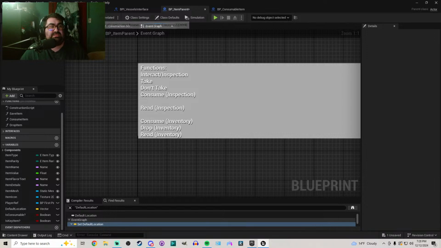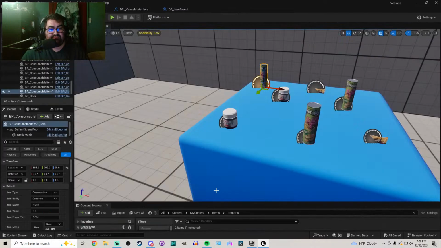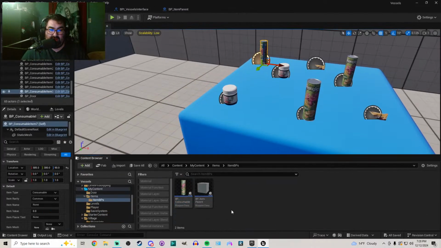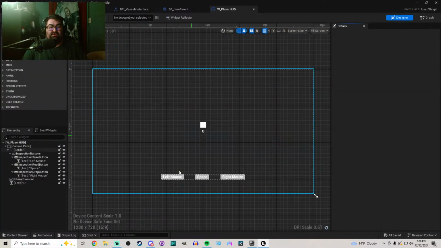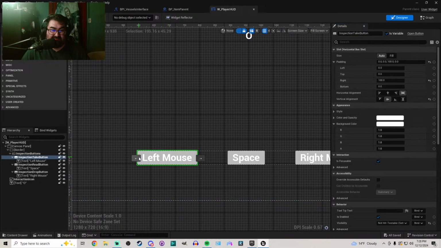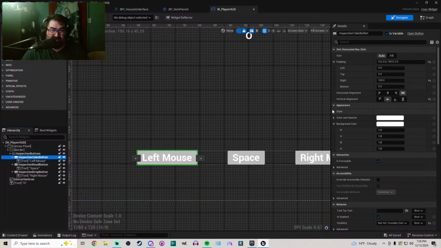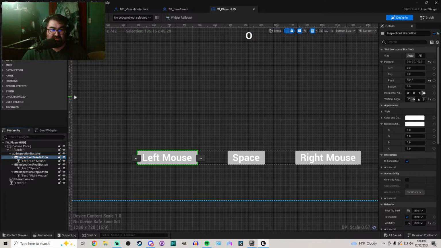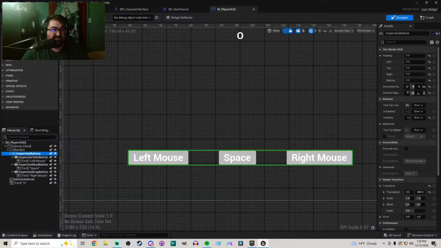Alright, so you know what? Let's just get to what's happening on the HUD here. Let's make these changes now. First off, these don't need to be buttons. That's not the point. It's basically just telling you which button to press and what it does, which I've technically failed to even do here. Let me change these to